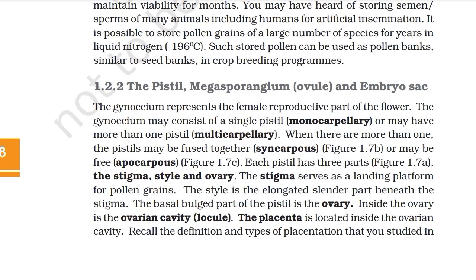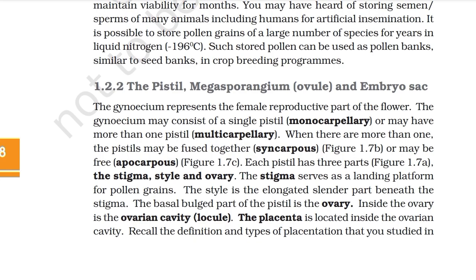The pistil, megasporangium or ovule, and embryo sac. The gynoecium represents the female reproductive part of the flower. The gynoecium may consist of a single pistil, monocarpellary, or may have more than one pistil, multicarpellary. When there are more than one, the pistils may be fused together, syncarpous, figure 1.7b, or may be free, apocarpous,